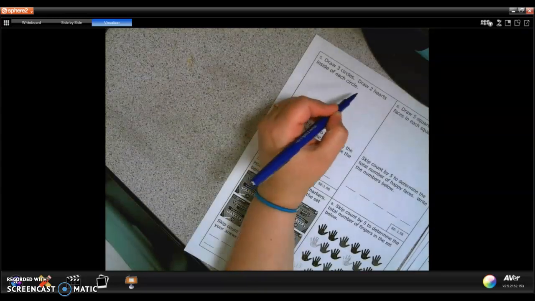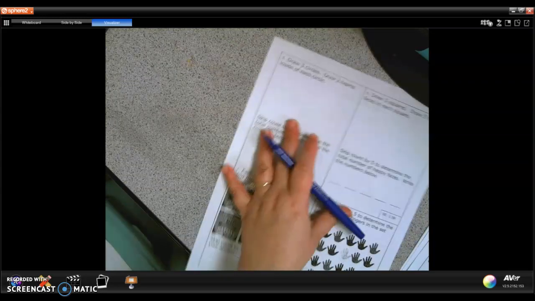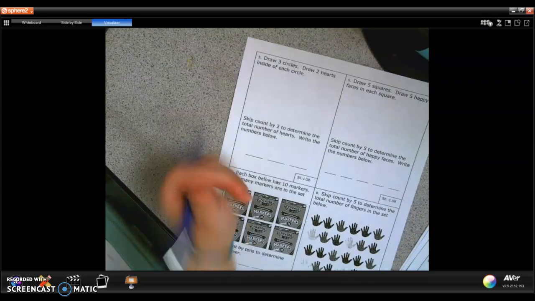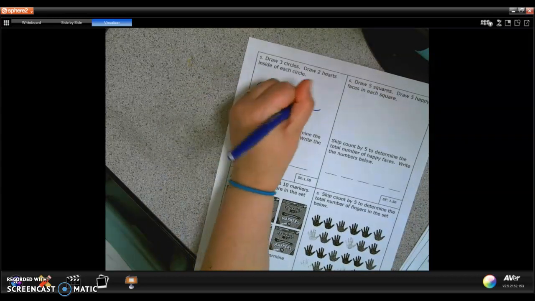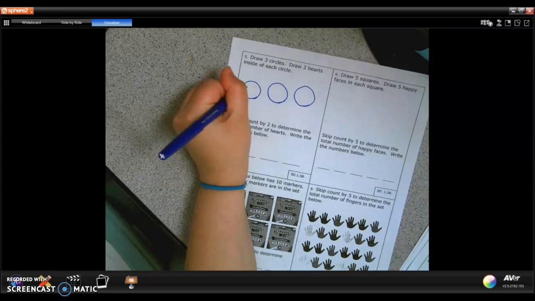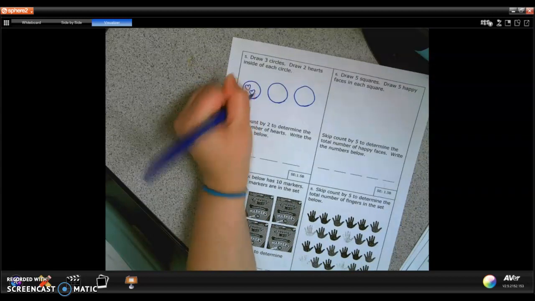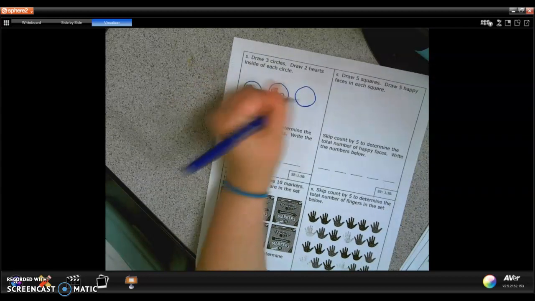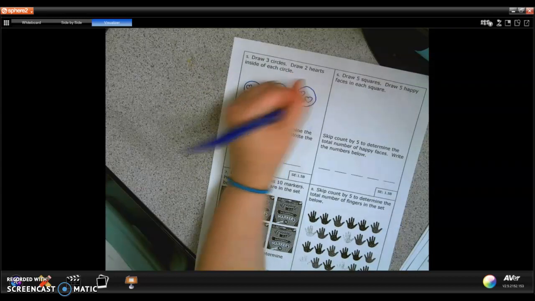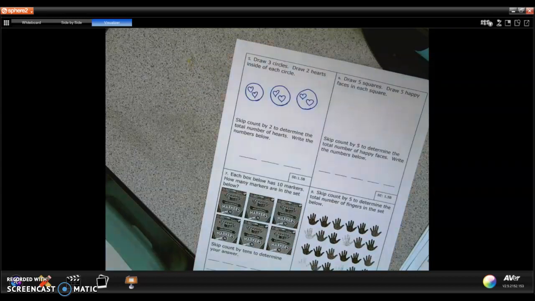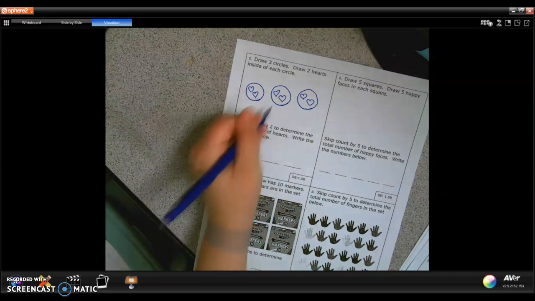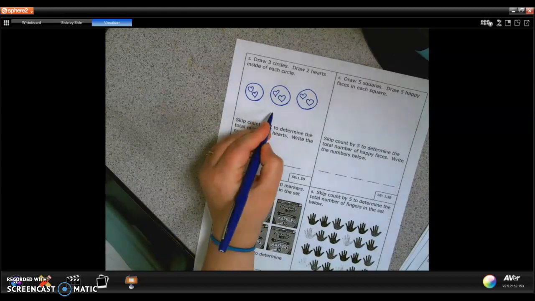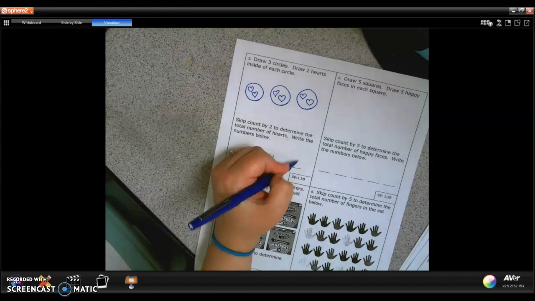Draw 3 circles, draw 2 hearts inside of each circle. So what I want to do is I want to draw 3 circles, 1, 2, 3. Then it wants me to draw 2 hearts in each circle, 1, 2, 1, 2, 1, 2. Skip count by 2s to determine the total number of hearts. Write the numbers below. So I have 2, 2 and 2 is 4, 2, 4 and 2 more is 6,